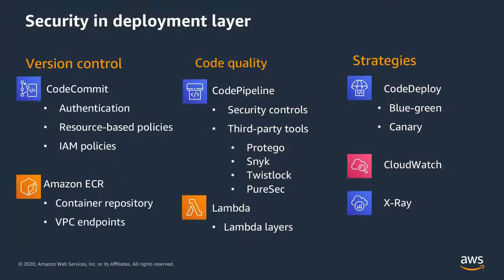So this is basically how it looks from a security deployment layer perspective. You would look at version control: who gets access to the code? Then, if you're using a container registry, like Docker or ECS or EKS, you would manage your container repositories and ensure that only certain services can access your repository to pull the image down, and nobody else has access to it, so that they can't push a malicious image in.